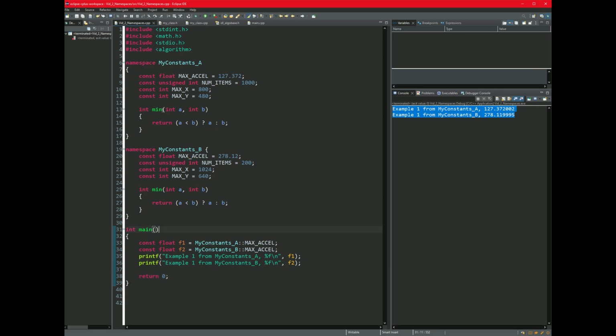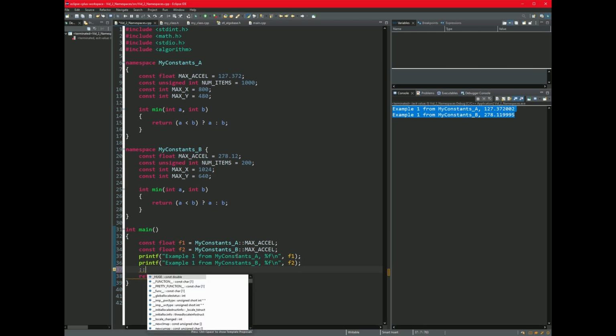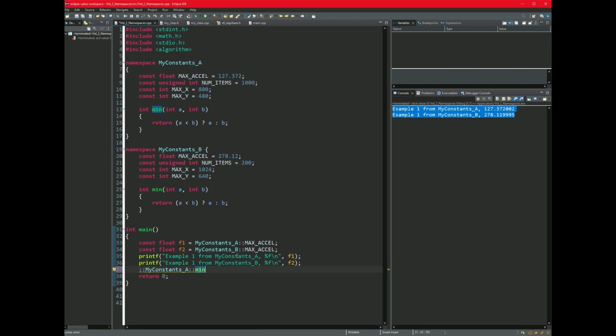And if we wanted to, we could call these functions from inside the namespaces separately and use the same name. For example, like I showed earlier, I can do the global namespace, or if I want to run min, I can run min. Yeah, I realize it's an integer, but you get the point. And likewise with the other namespace,